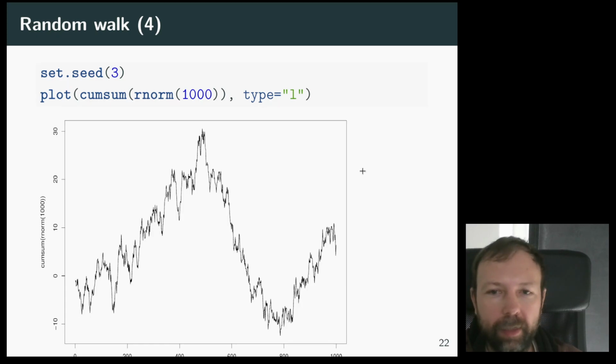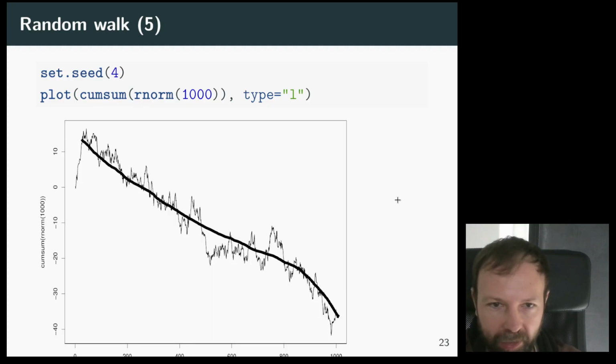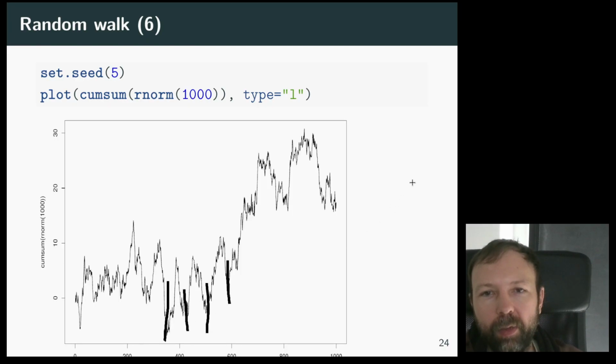Seed of 3, that's the one we've already looked at. Seed of 4, here it's just kind of going down, down, down. So, a company that's really not going very well. This one is an interesting one as well. You get here again these things that look like seasonality, or maybe you could say these are business cycles. And then here this level shift